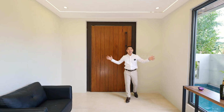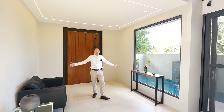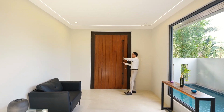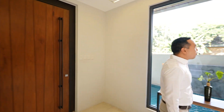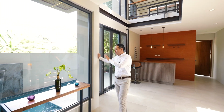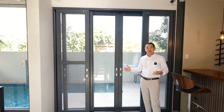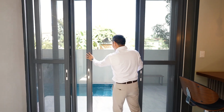You're welcomed by an open layout for your ground level with an area to entertain guests. This is a nice foyer space. You have that lighting here, and I'm gonna stand beside the door so you see the size. And the cool handle also reflects the modern industrial design. You have all this natural light here from this large window, giving you a fantastic view of your swimming pool area. And I'm loving how they were able to fit this into the 204 square meter lot. And this is a great additional amenity space. So through these sliding doors,